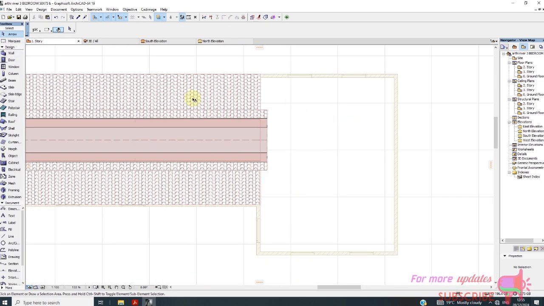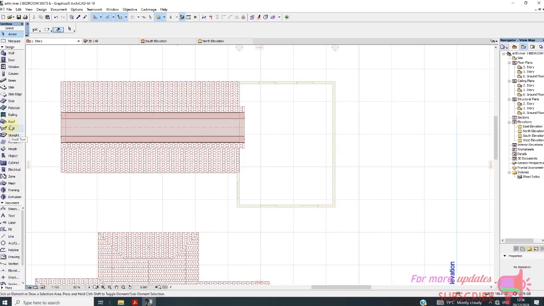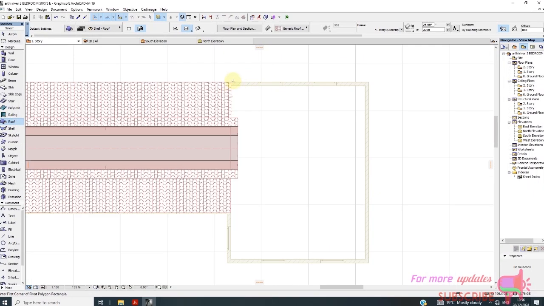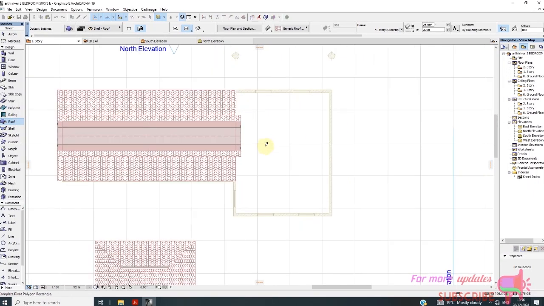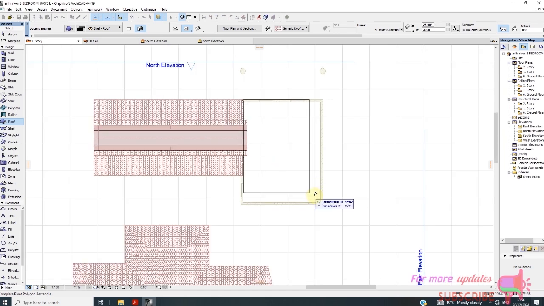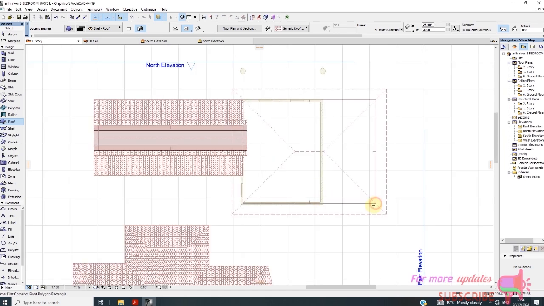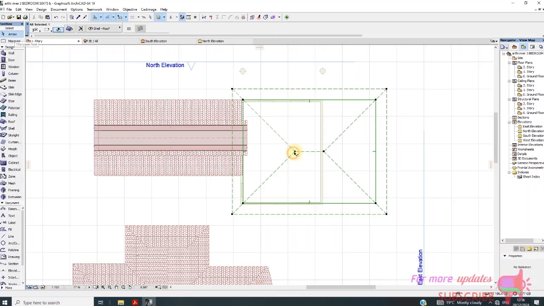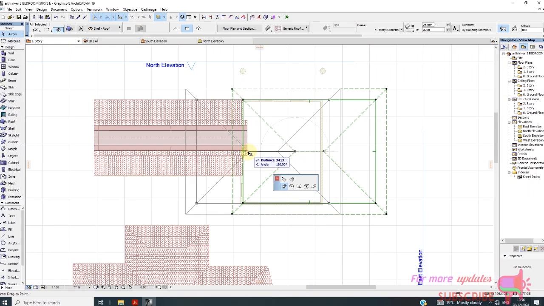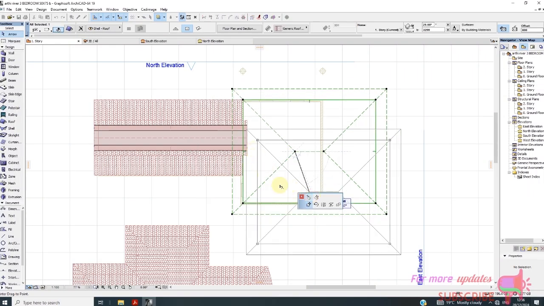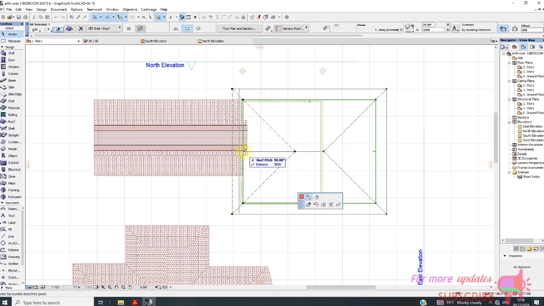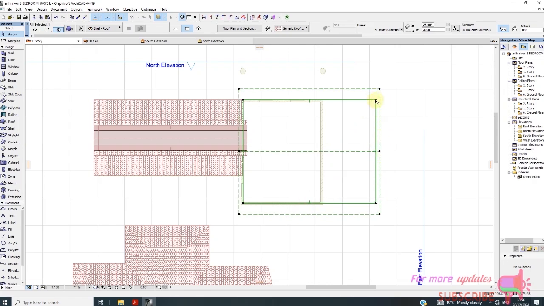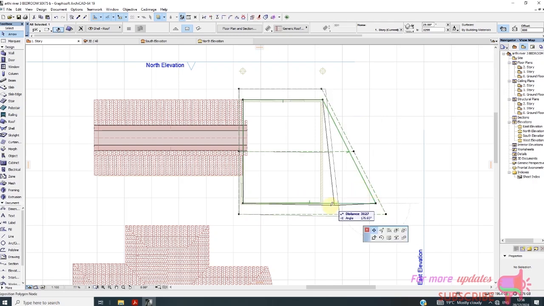Then I want to trim through the roof, so let me add another roof here. Okay, I'll drag that edge, that point,